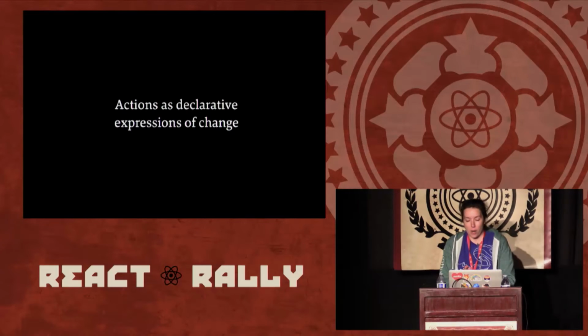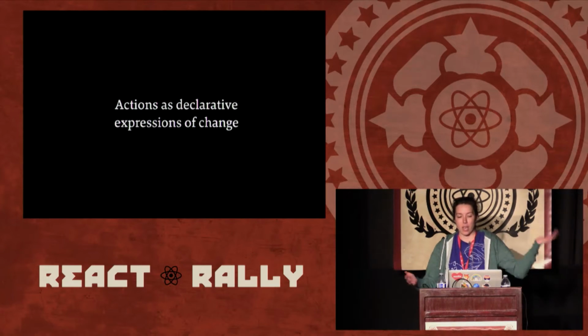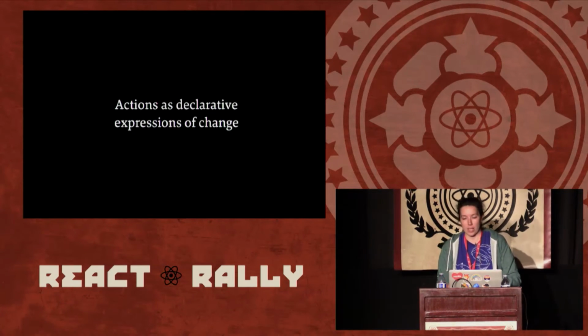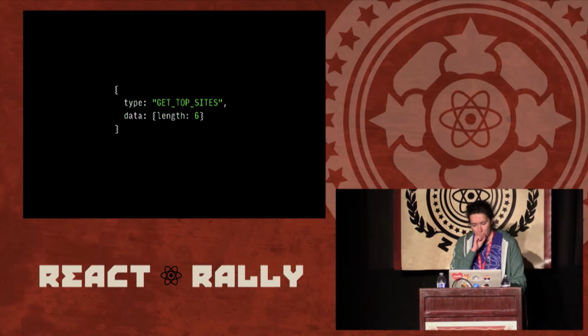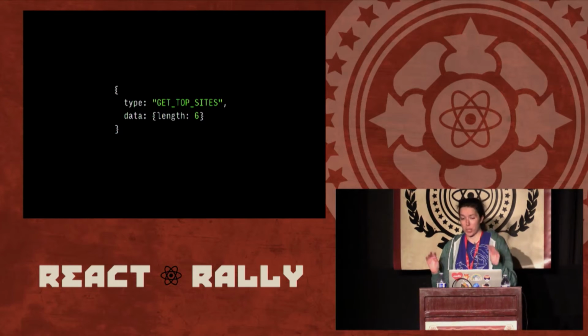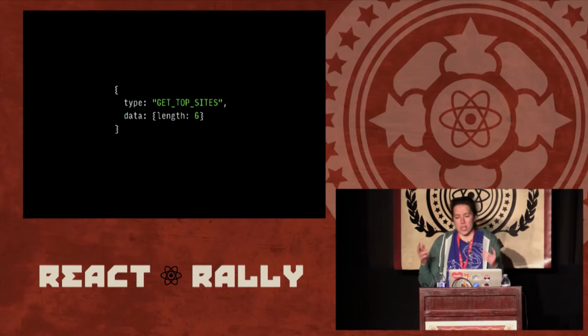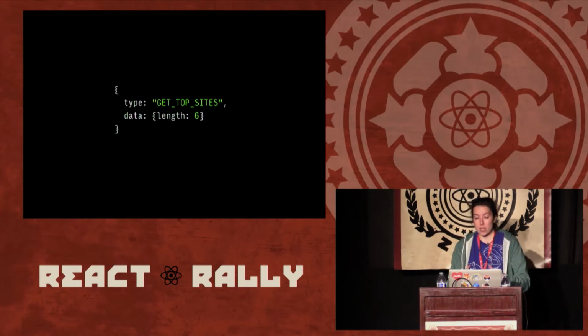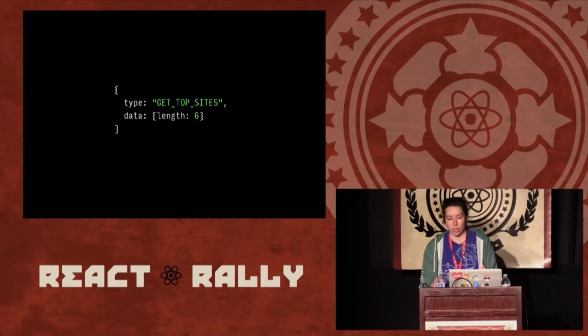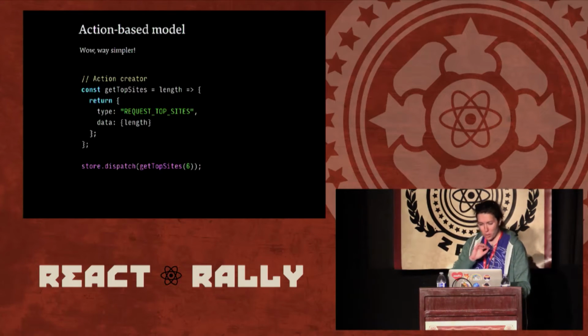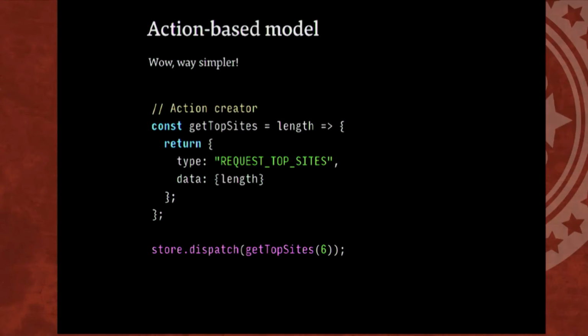So instead of thinking about treating our parent and child processes like a client and a server that require some layer of translation, what if we use actions to describe and communicate changes in all parts of the application? So when I say actions, I mean actions as plain objects. We usually think of these as describing synchronous behavior, but it turns out that combined with message passing, they can also be used to describe asynchronous or concurrent behavior just as well. So forget about that promise. We're going to express our request for top sites as a plain action that's request top sites with some data